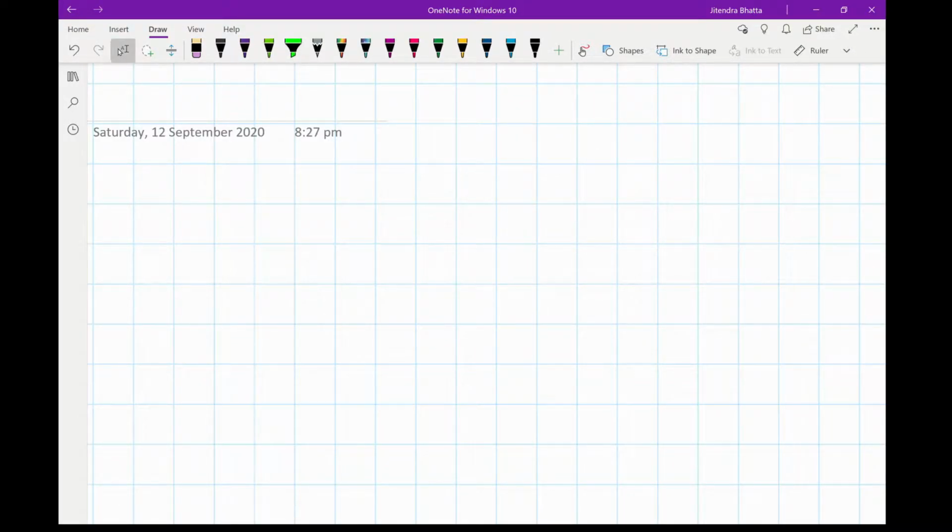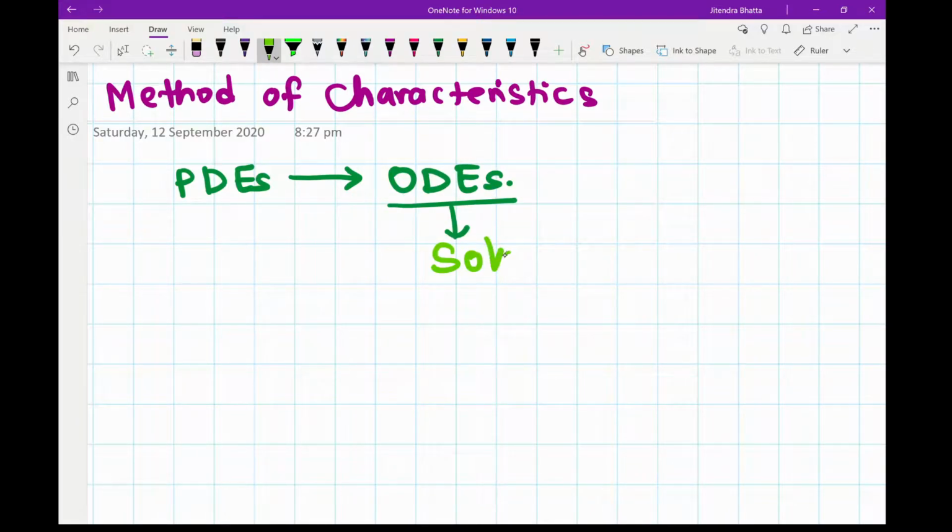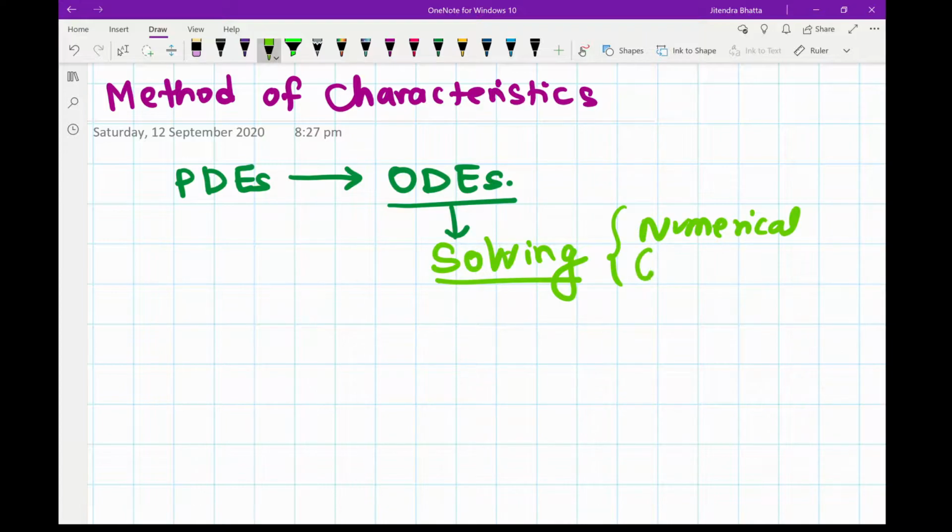Now today we are going to look into chapter 6, which is on the method of characteristics. Method of characteristics is also a technique of solving partial differential equations by converting them into ordinary differential equations and then solving for your ODEs. You can use numerical or graphical